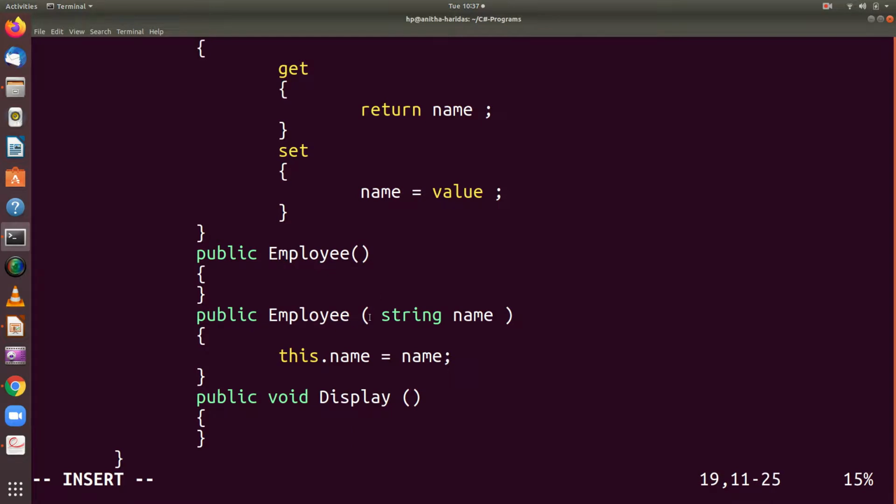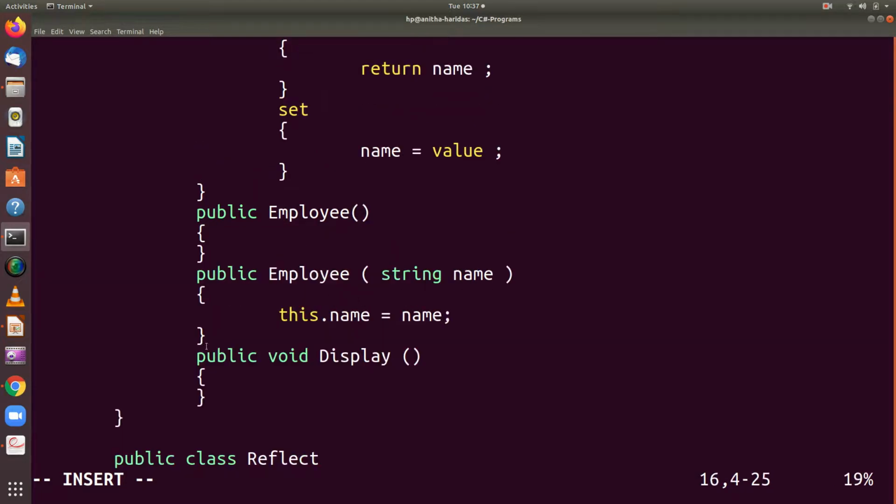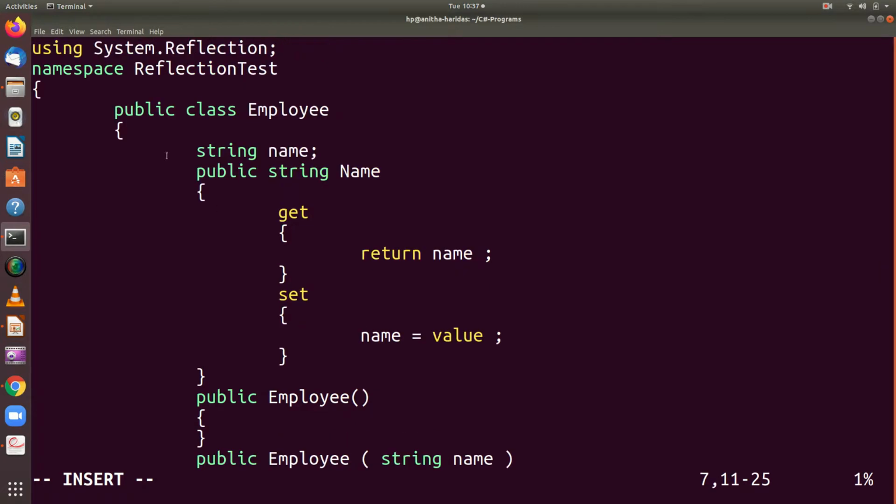And this is a parameterized constructor, and inside the parameterized constructor I have a parameter which is of string data type, and this value can be assigned to the name of the employee. Then I have another method called display. So this is how I have defined a class. You have a class called Employee.